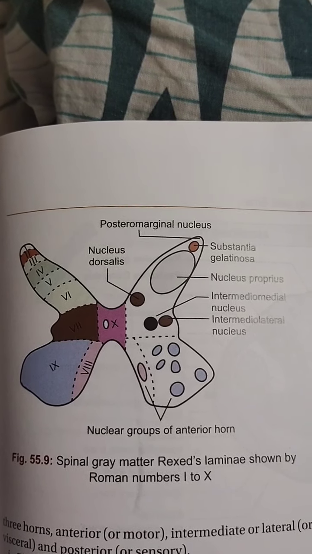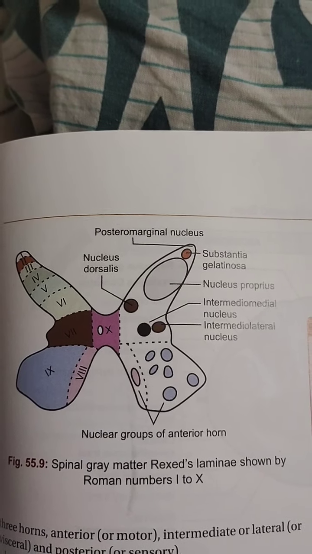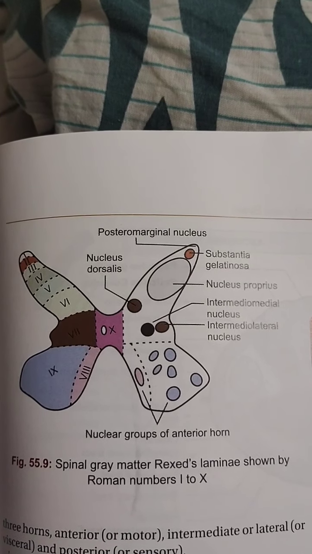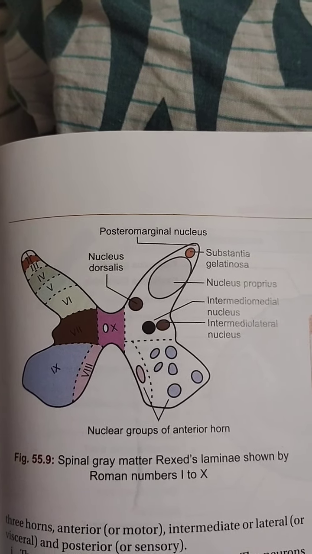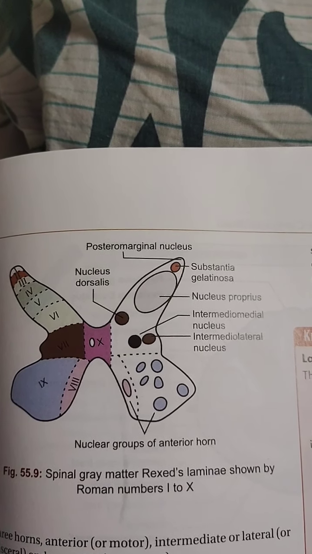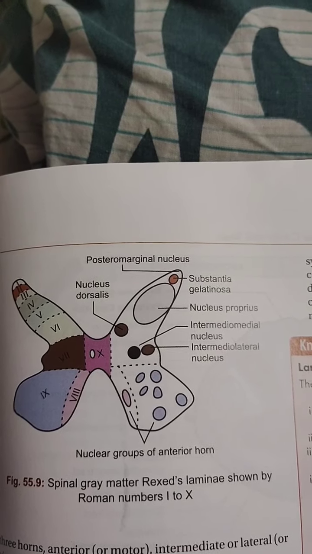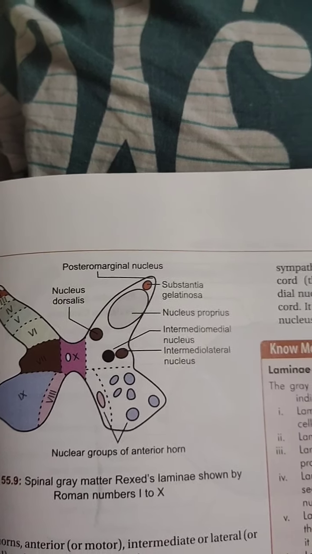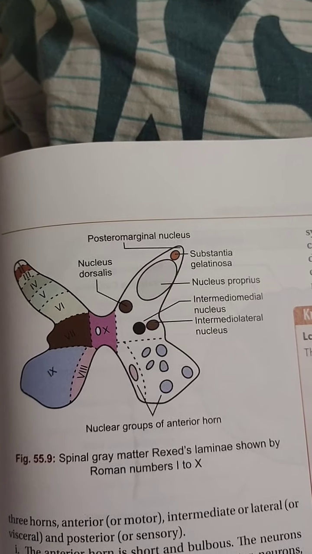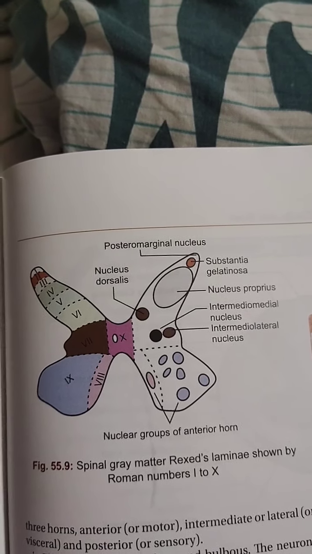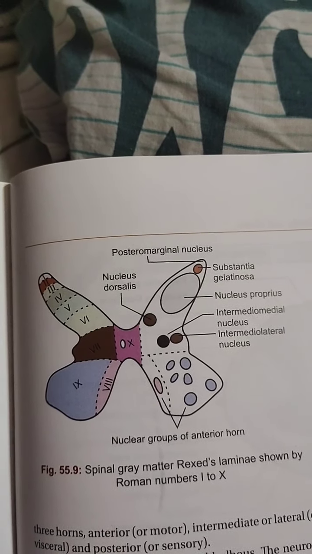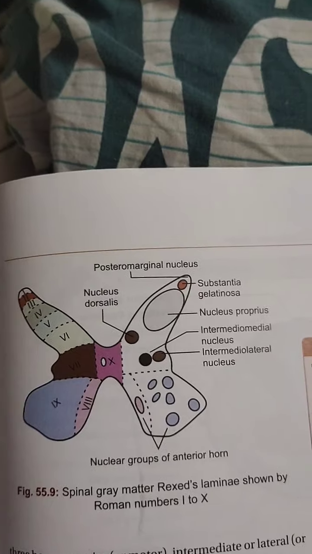As you know, towards the anterior side, in the anterior horn, we have the motor neurons, whereas in the lateral horn we have the sympathetic neurons, and the posterior horn is mostly meant for sensory, so we have the sensory neurons. The gray matter is made up of a number of multipolar neurons. The types of neurons present are multipolar. You know what is multipolar. And we have a number of interneurons, called Renshaw cells, which make up the gray matter.